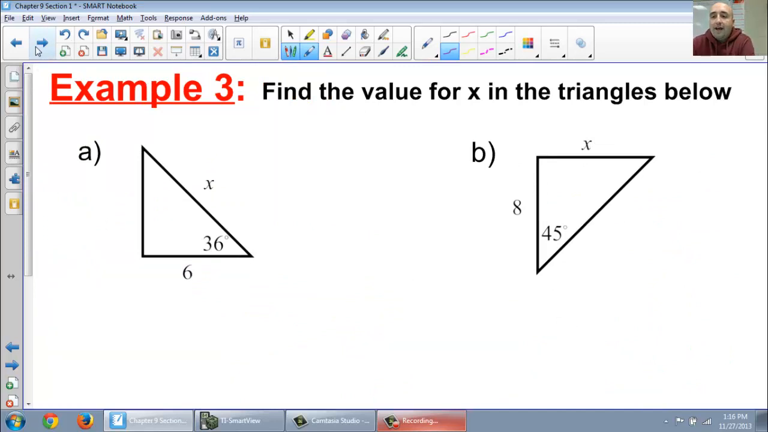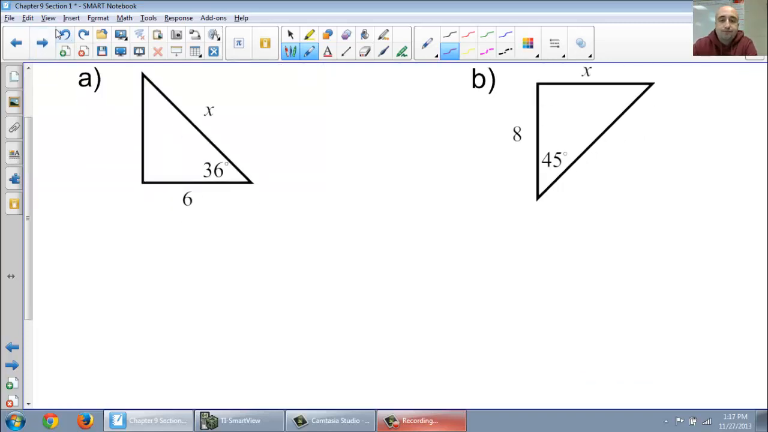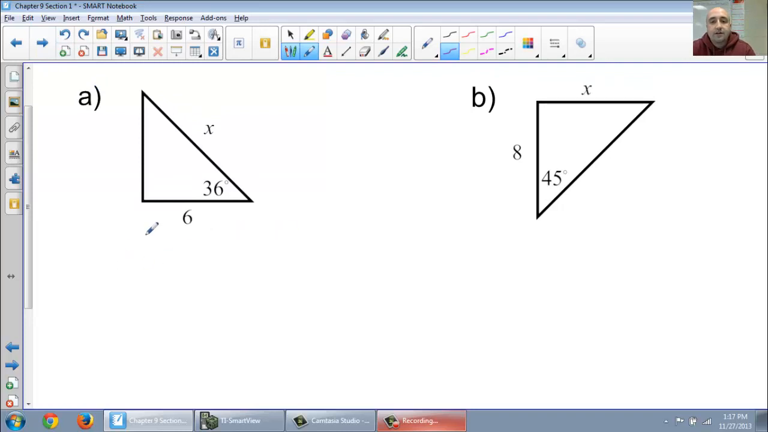Find the value for x in the triangles below. So this is what we're going to do. We need to find x. First, you're going to label your triangles. The side that's touching our theta is always going to be adjacent, and across from the 90 is always your hypotenuse. So based on SOHCAHTOA,